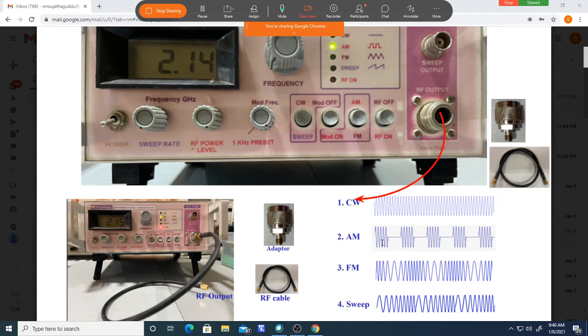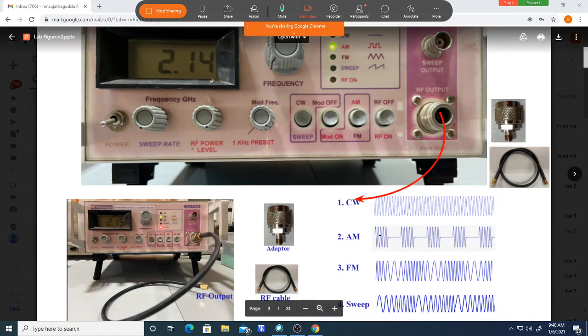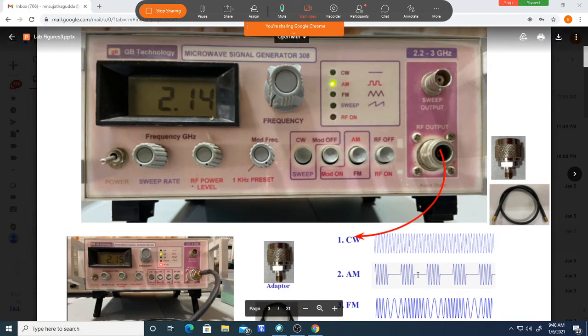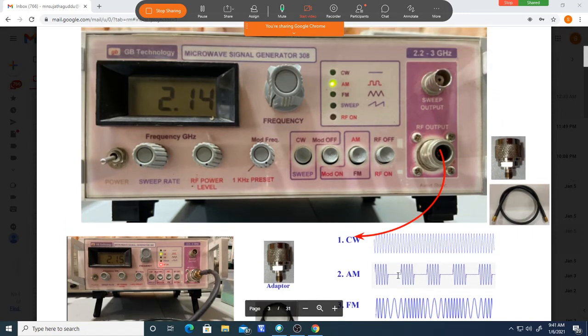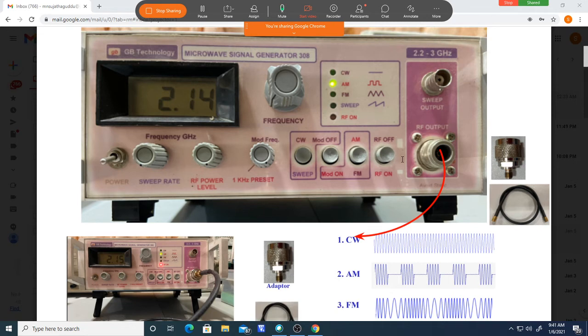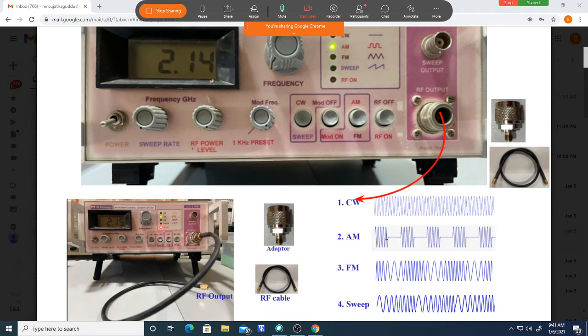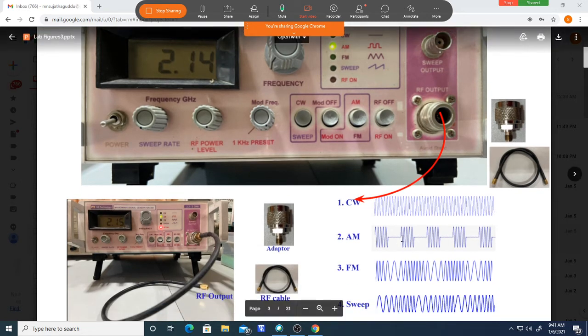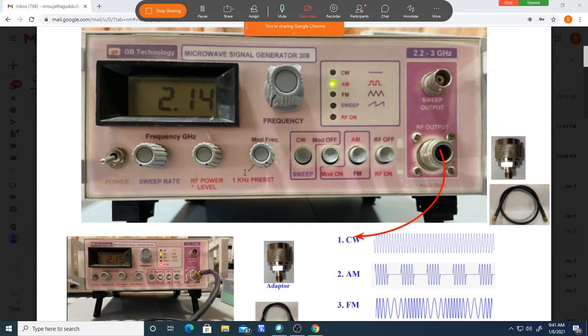This carrier is a gigahertz signal, this frequency. During the positive half cycle we have it, during the negative half cycle, no. And this is a square wave actually, square wave modulated. Inside there is a modulator that will take care of that. But what is the modulation frequency? See, that frequency is around 1 kilohertz.